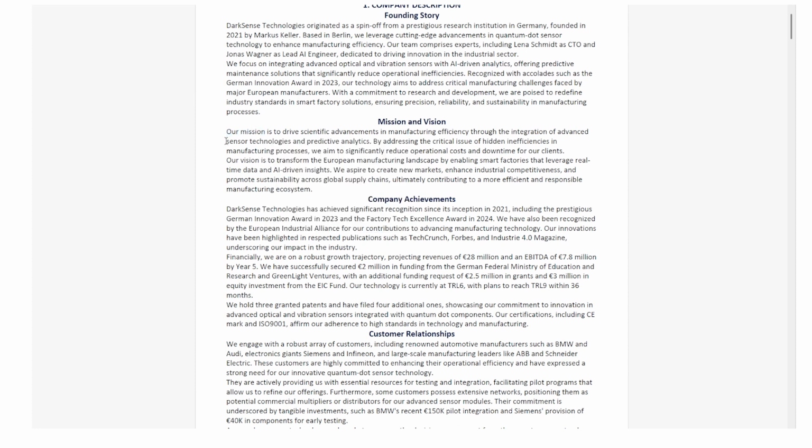It always talks about what the mission is. So for example, our mission is to drive scientific advancements in manufacturing efficiency through the integration of advanced sensor technologies and predictive analytics. And then blah, blah, blah. And then it says our vision is to transform the European manufacturing landscape by enabling smart factories that leverage real-time data and AI-driven insights. So this is actually very good because it literally addresses what this section is about, and